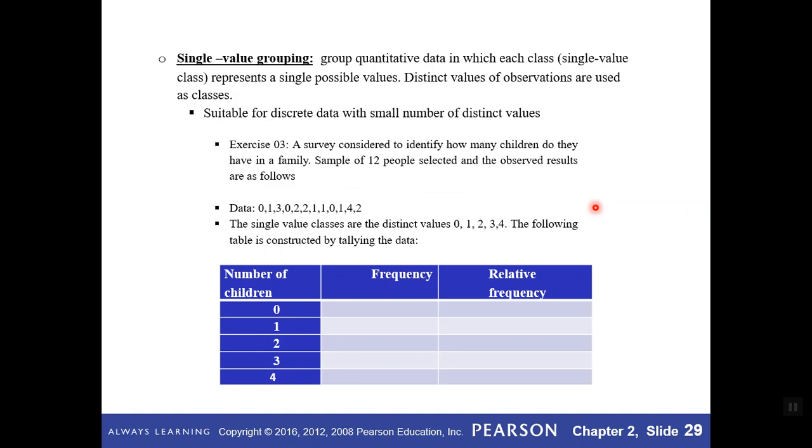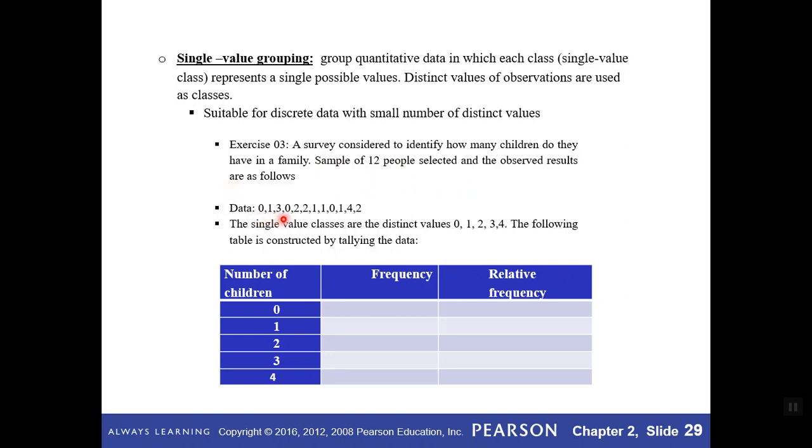First, single value grouping. At what time do we need to use single value grouping? If we have few discrete distinct values. In this exercise, a survey was considered to identify how many children people have in a family. How many children? Definitely discrete and distinct. There are few, they have considered only 12 people. So this is the data set,